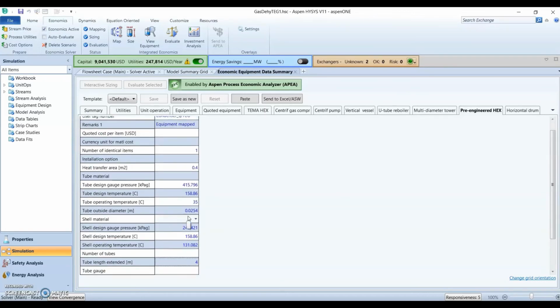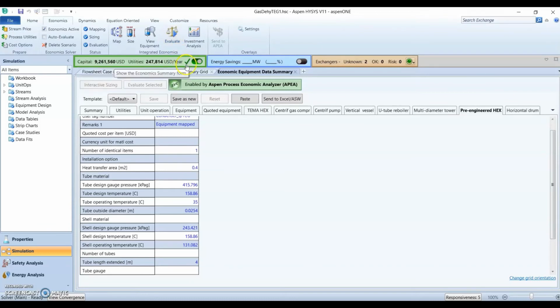Now we have changed the sizing. Now we have to click evaluate so that APA will perform the new costing calculation. Okay, we click on evaluate.